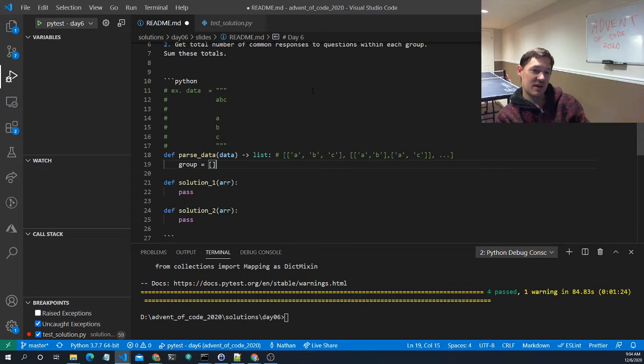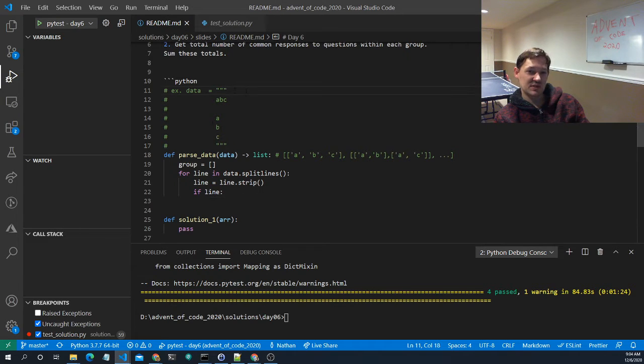So we can have our group, for line in data. So we're going to go through each line, remove the white space. If the line is not empty, like not a blank line, such as this line, this line, then we are going to append